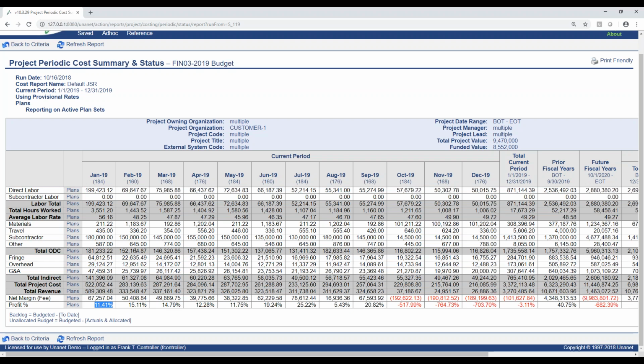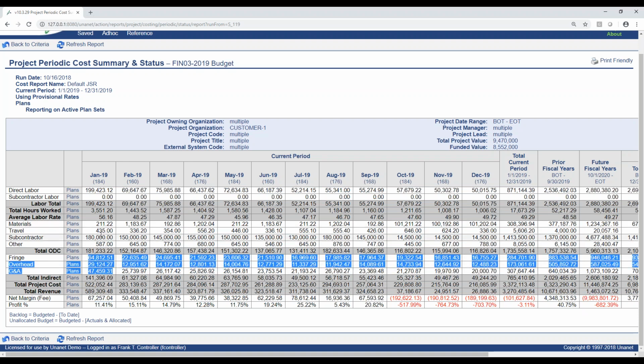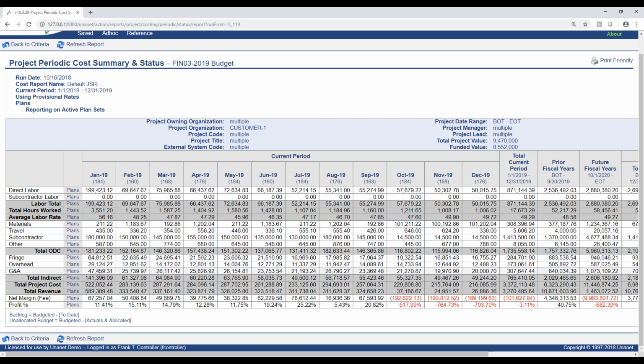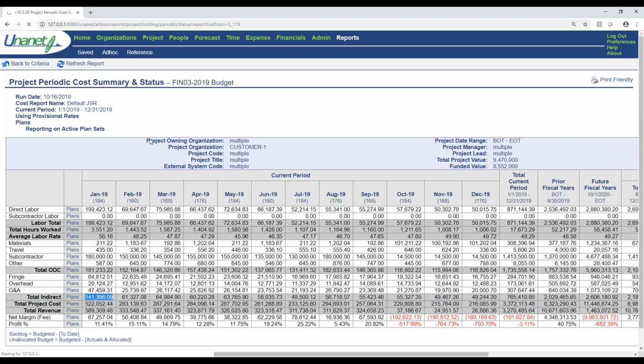There's a tie now in my mind in Unanet for my favorite report, but this is one of them. I'm going to come back to this report a little bit later in the demo, and you'll get a better sense for why this is my favorite report. But this does allow you to look at everything, right? You'll see all your indirects broken down right here. This report can be customized, so if you'd rather not expose the detailed level of indirects, but would rather only show the total indirect allocation, you can do that. We'll come back to this later in the demo, but this is a really important concept to understand for Unanet.